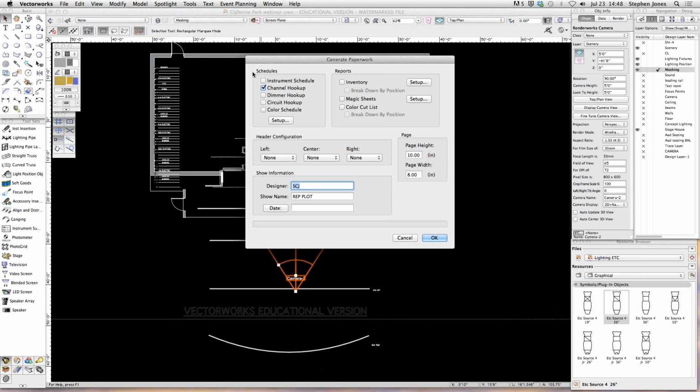Here, you can generate instrument schedules, channel hookups, all these different things, and you can even set them up in various ways and configurations. You can even generate inventory reports, magic sheets, cut lists, you name it. For now, we're going to stick with the channel hookup. By just clicking there and then clicking OK,